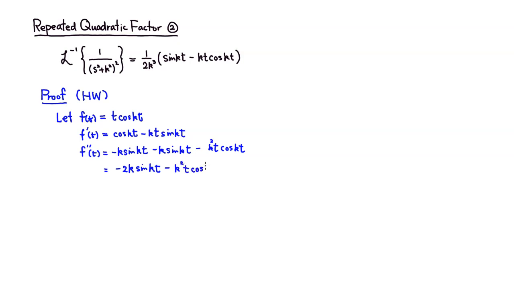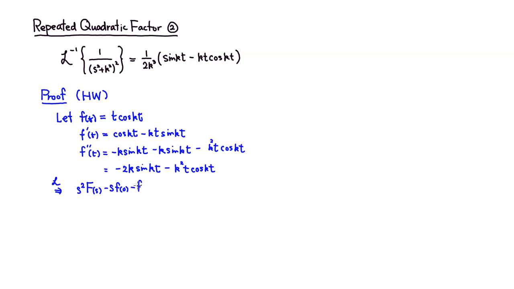minus k squared t cosine of kt. Right? Then we take the Laplace transform of both sides of this equation here. So you take the Laplace transform. Right? So you have, since it's a second derivative, s squared capital F of s minus s times f of 0